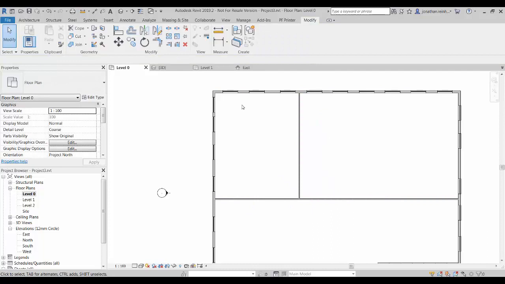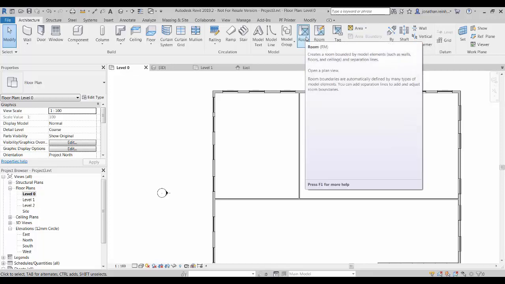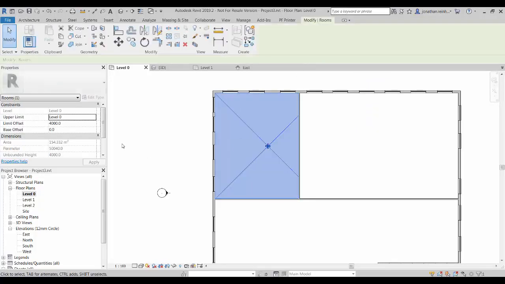WA again, just going to start dividing this up into a series of spaces, and I'm going to use what we call a room tag. I'm going to go on screen just to show you something called a room tag, or you can use an area tag as well. I'm going to use a room tag, and basically this creates a room bounded by model elements, so walls and stuff like that. You can see it there. I'm just going to place that in. This is going to give me my floor area, so I know roughly what kind of size I'm dealing with if I click that. It's 154 square meters, which is quite big,